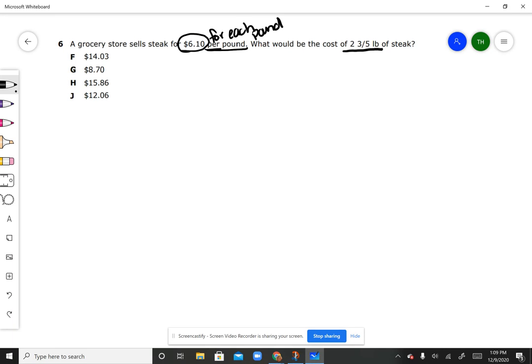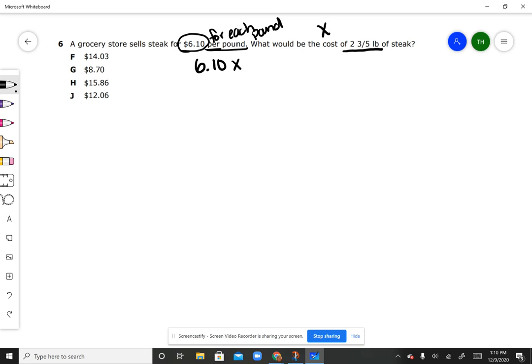Okay. So if I know the cost per pound and it wants to know the cost of 2 3/5 pounds, I know I'm going to need to multiply. Okay, so we have a decimal. So $6.10 is a decimal, and then 2 3/5 is a fraction. I know I cannot multiply those two the way they are. Okay, so if I'm looking for a price, I know I'm looking for a decimal. Okay, I could also check my answer choices to see how my answer will have to be. Okay, so I know I'm doing